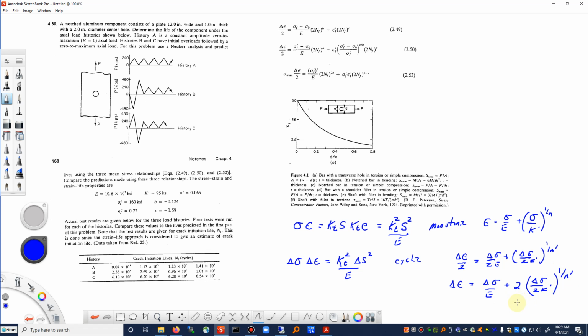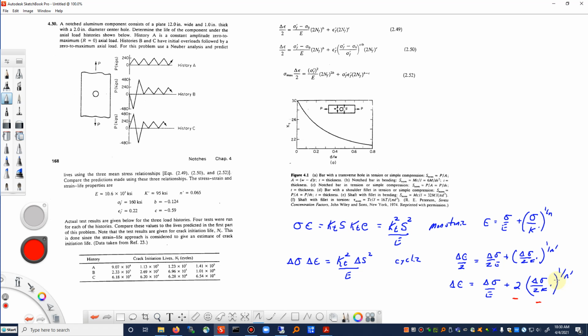And again, we pointed this out before, but notice how the 2 here cancels out, but this 2 does not cancel out with that 2 because the second 2 is inside of the parentheses and it's taken to the 1 over n prime power. All right, so with that information, we're going to get started on this. And again, like I said, we're going to take a look at